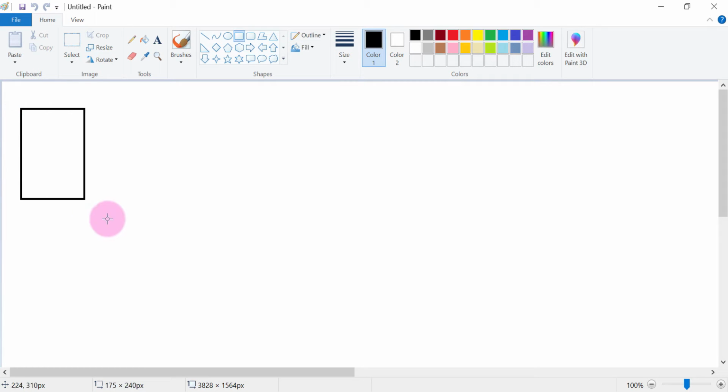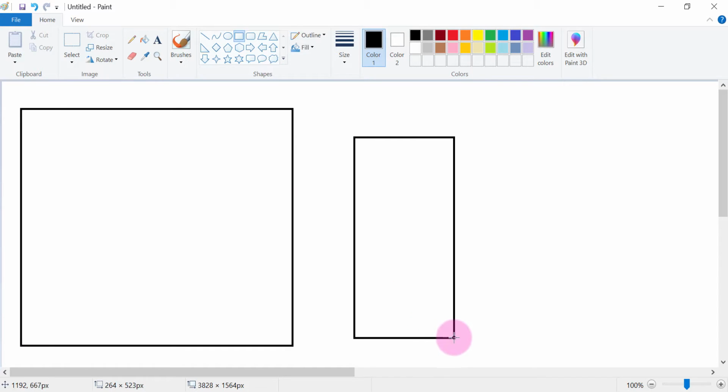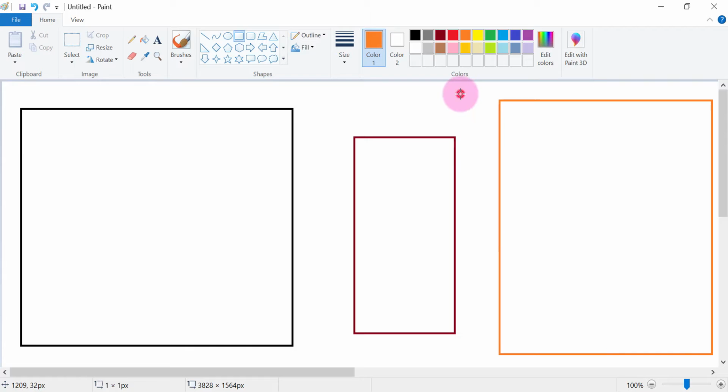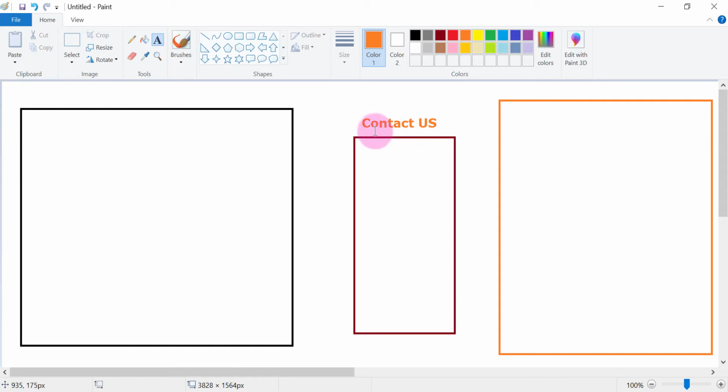So let's say in my application I have multiple web pages. So let's say this is my home page, this is my main web page, and I have some other web pages as well. So this is my second web page. Okay, and let's say I have another web page. Okay, so this is my, let's say, contact us web page. So as per the requirement, I want to show this information on each and every web page on the application. So currently I have this home page, so I want to show this contact us page on this home page.